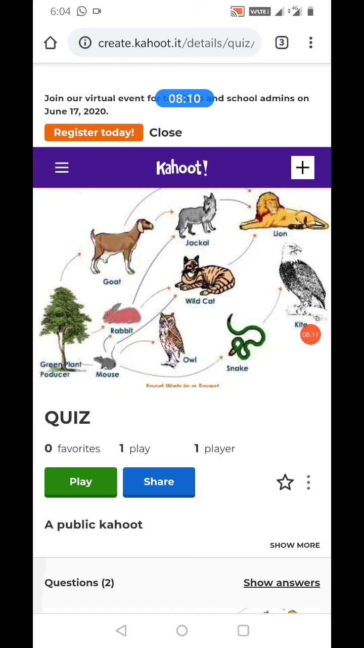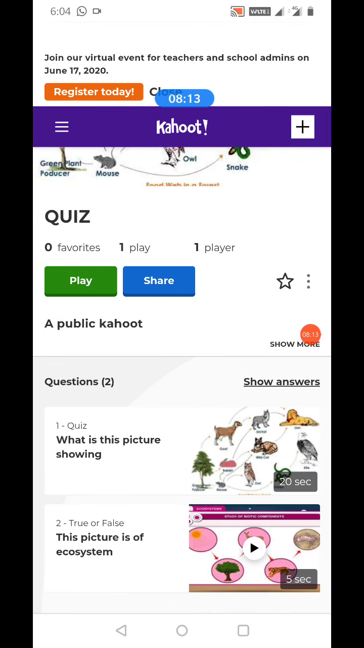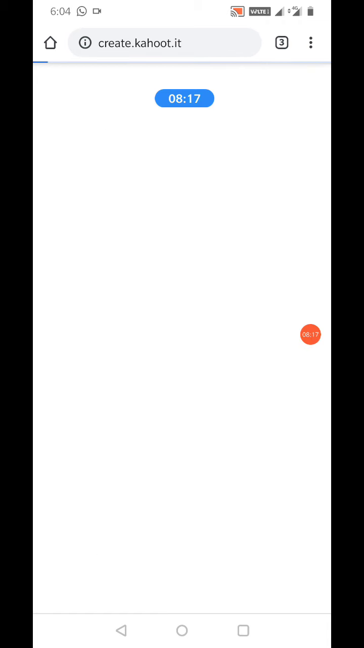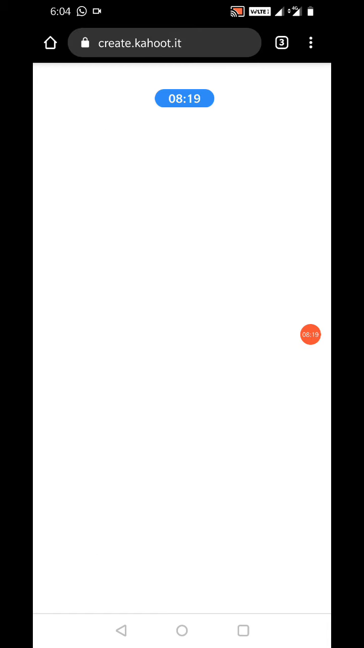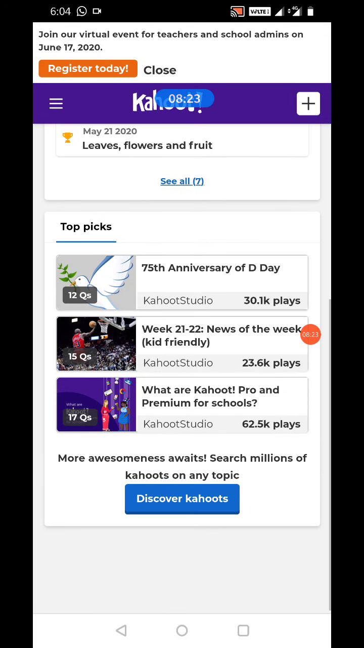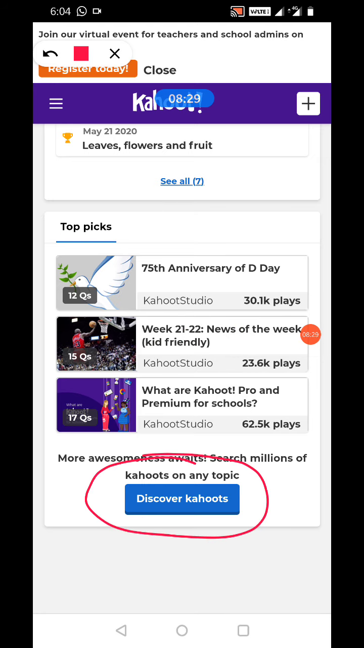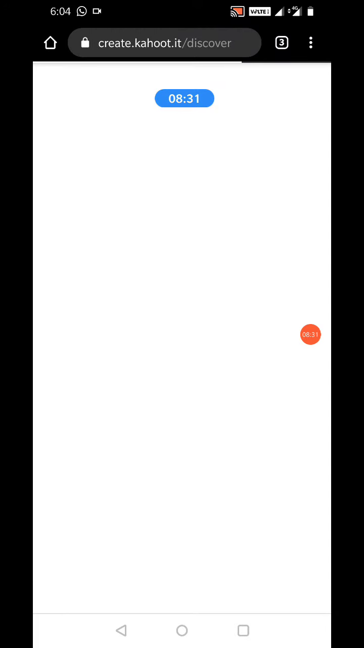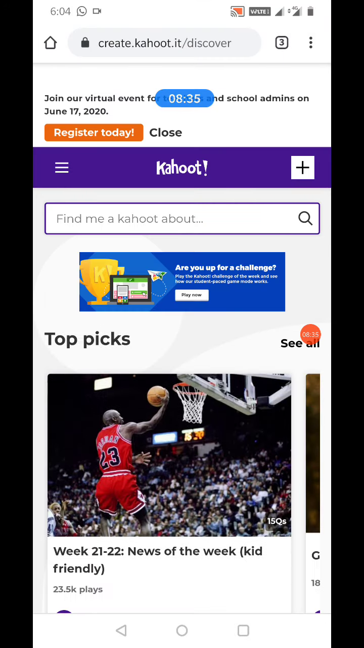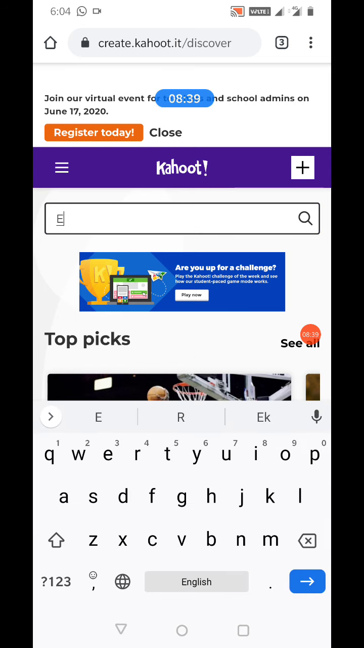So better we select the option which has no template, so we don't have to add it again and again. Then there is one more interesting feature here. When we go to our home page and scroll down, we see the option Discover Kahoots. On clicking on Discover Kahoots, it has the repository of all kinds of quizzes, so we can find